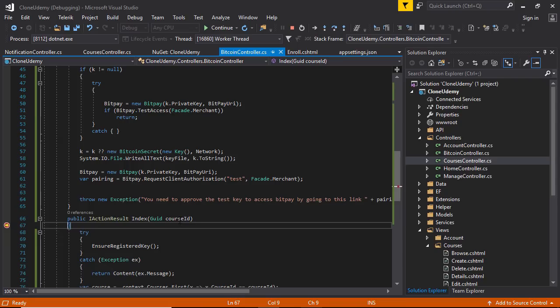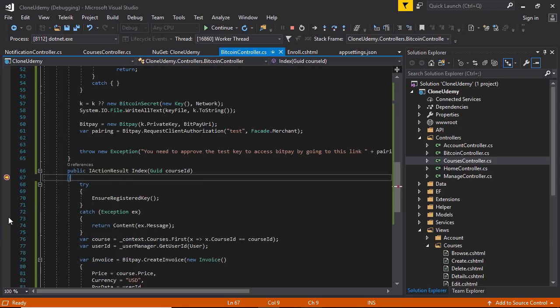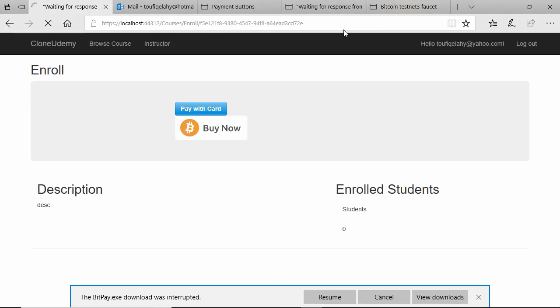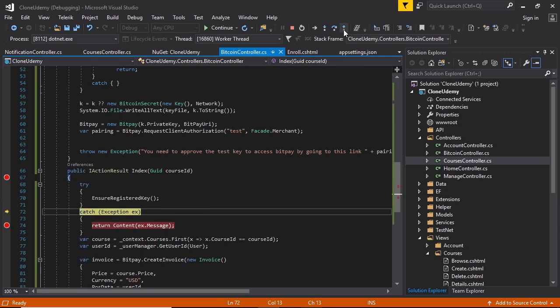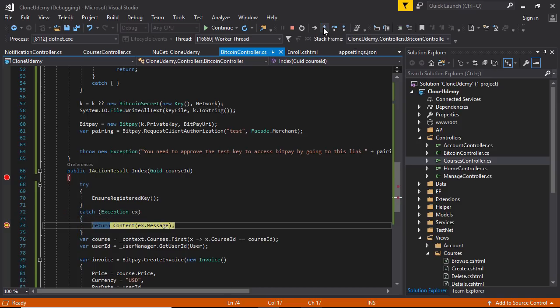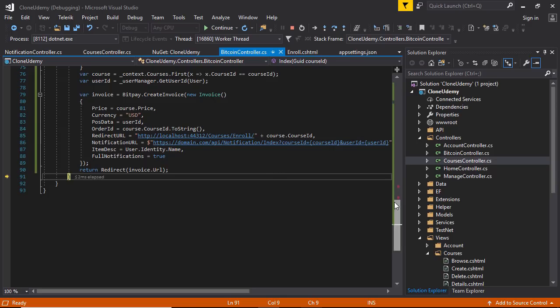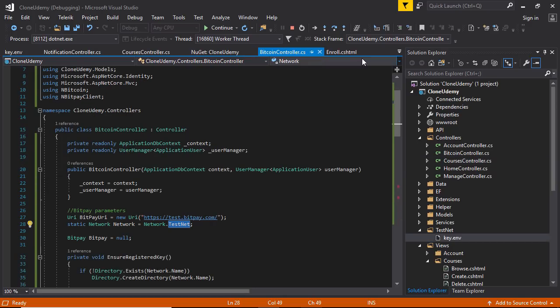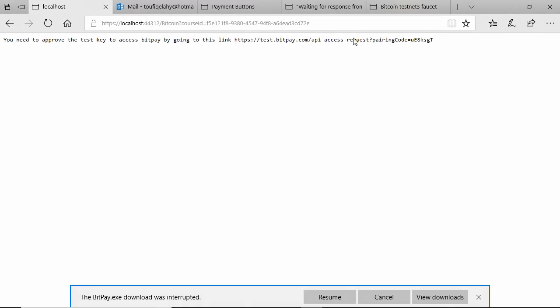Here it comes, and this is the course ID. It will first get an exception, step out. It will process, and the first time it will generate the key. Scroll, step out. This is the address we need to paste at the initial time. Copy this address